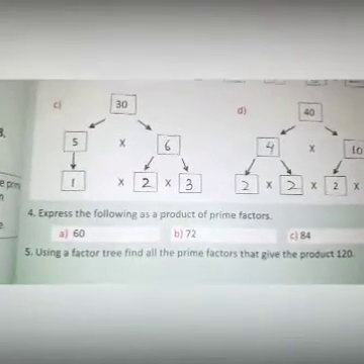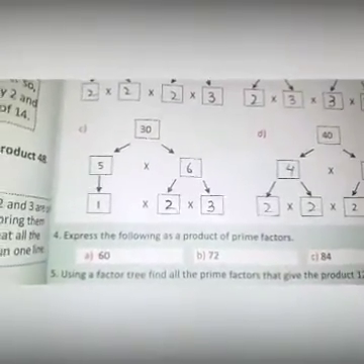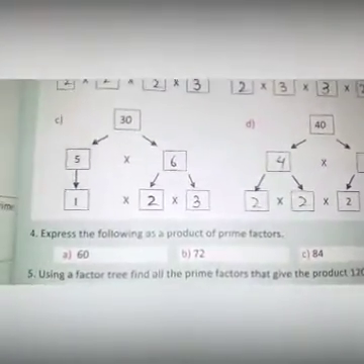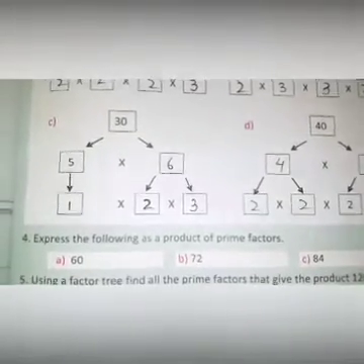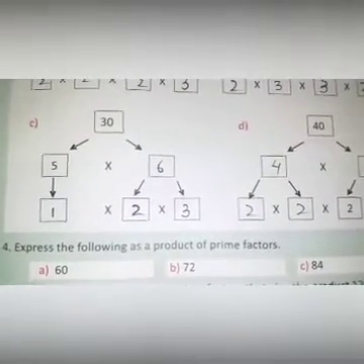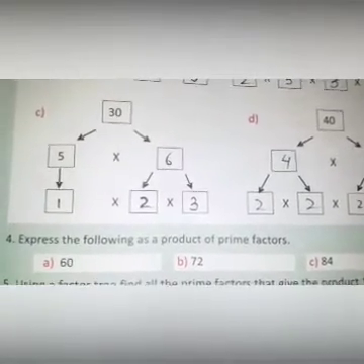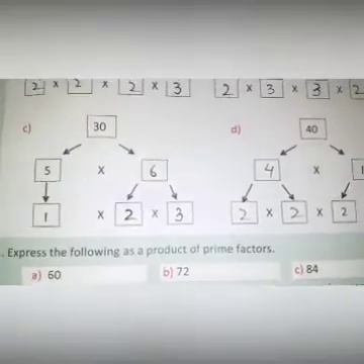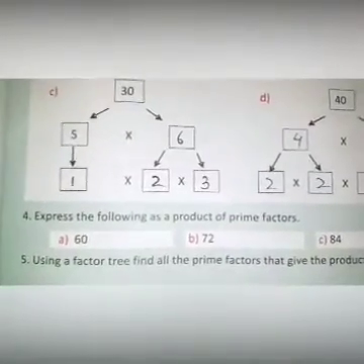Now simply, first of all, I will tell you about the prime numbers. What are the prime numbers? Those numbers which are only divisible by their own table, like 2, 3, 5, 7. Those numbers which don't come in other numbers or other tables, or are not divisible by other digits. They are only divisible by their own number or digit, like 2, 3, 5, 7, 11, 13, and it goes on. So you have to find the product of prime factors.